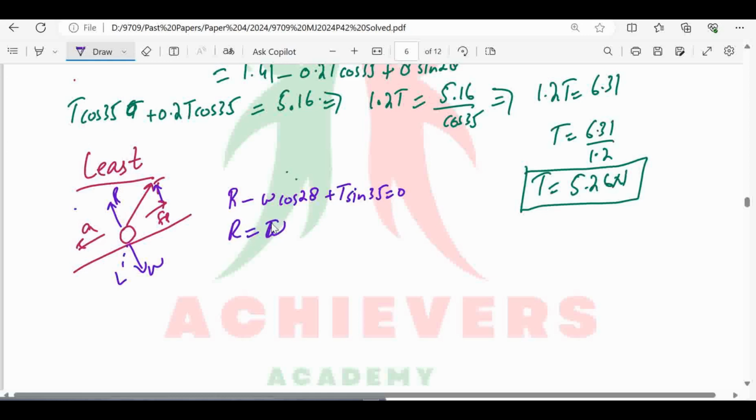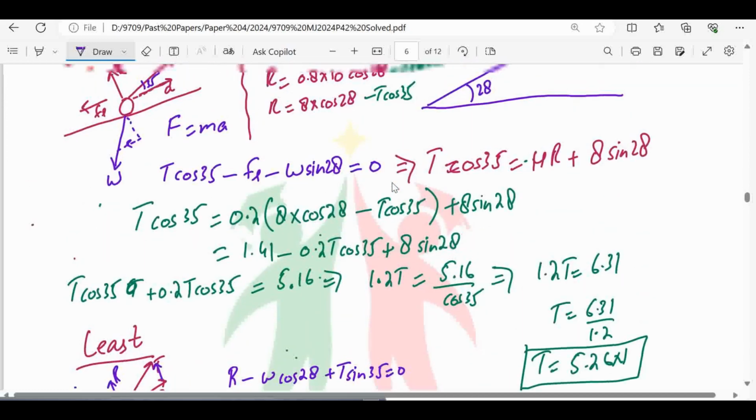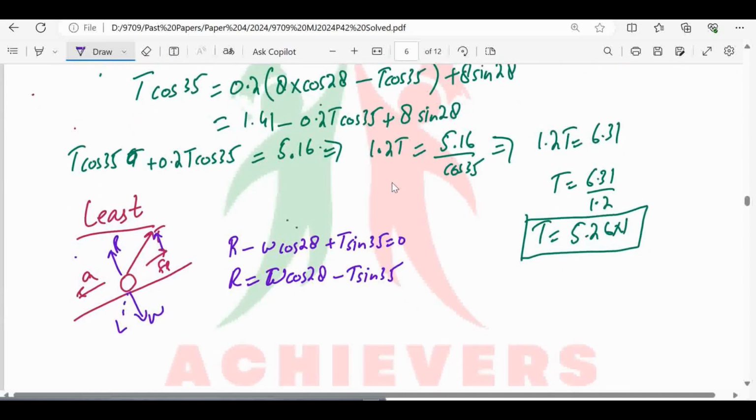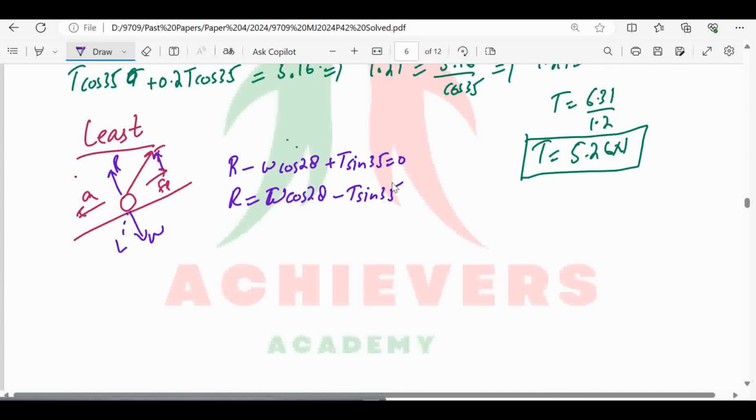which means that the value of R will remain same. This will be W cos of 28 minus T sine of 35. Let me reconfirm it, that this will be W cos of 28 minus T sine of 35. Okay, this will be the same. Now let's see the other one, the effect of the other one. This will be, now this one is the forward forces. Now let's see the values, and keep this thing in mind that acceleration is 0 because this is the constant velocity. So this will be W sine of 35.